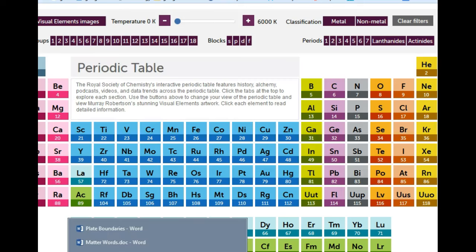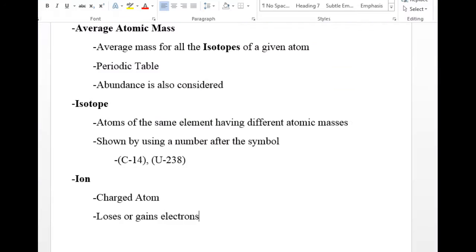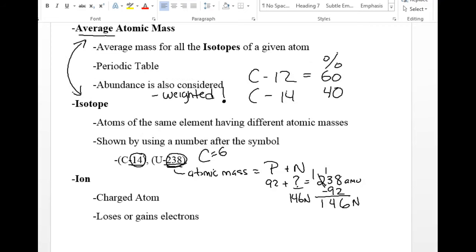So if we go back to the notes, so average atomic mass, we're going to open this back up so we can see it. Okay, and that's average atomic mass. You take all the isotopes, they're weighted according to their abundance, and then add them all together, and that gives you the average atomic mass. I could give you a real quick